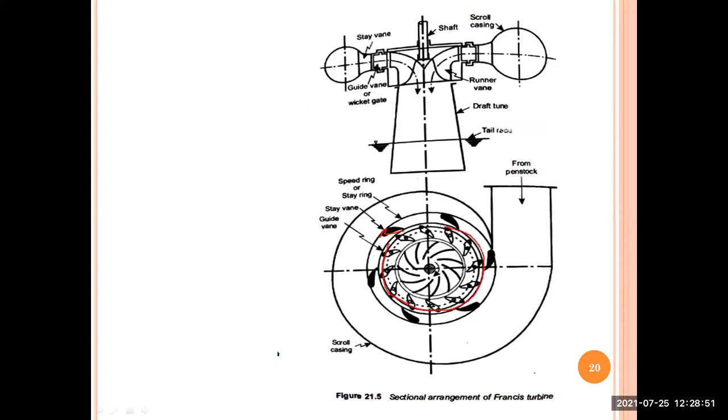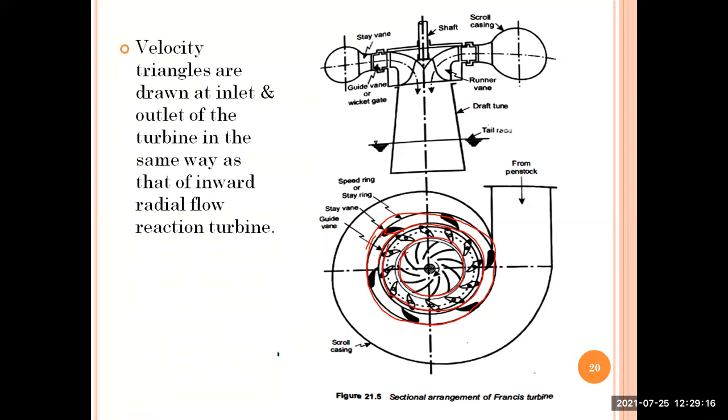One extra ring you have in case of the Francis turbine is a steering. See, this is the extra ring or extra wheel that you have in the Francis turbine. After that you have a guide wheel with the guide vanes, and after that you have the runner. This is the runner part, and this is a cross-sectional view. You can see here how the water enters, and the velocity triangles are similar to those of the radial